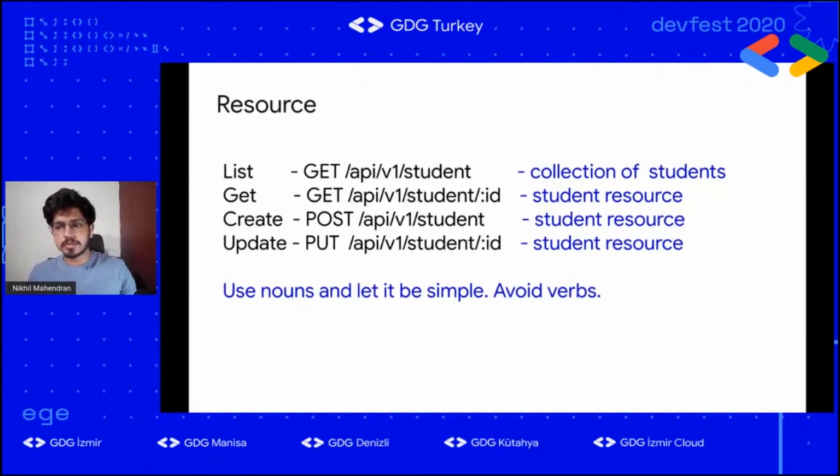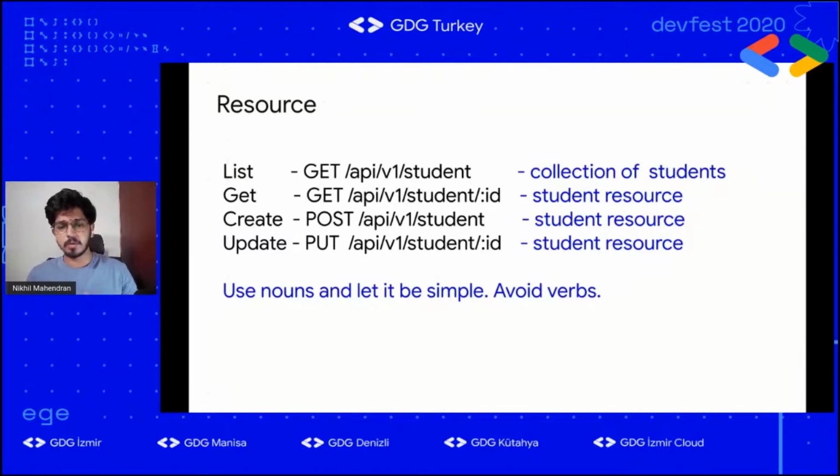I find that people sometimes return a "student successfully created" string to the front end. You should not do that. The best standard is to return the student resource. Why do you need to return the student resource? Consider the scenario where you're feeding a student name and email to the backend. In the server, you do some operation and you create the ID. The front end won't have the ID, so obviously you need to return the ID of the student from the server to the front end. Along with it, you can also return the name and email, so there will be less complexity for the front end to put things together.